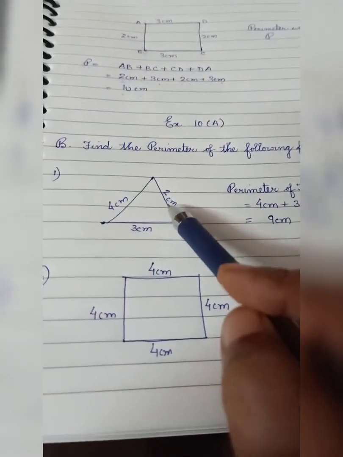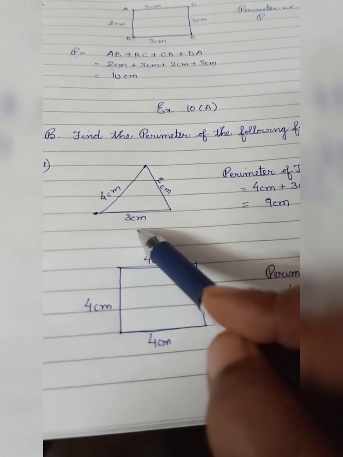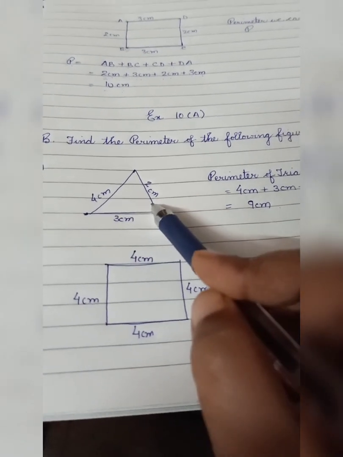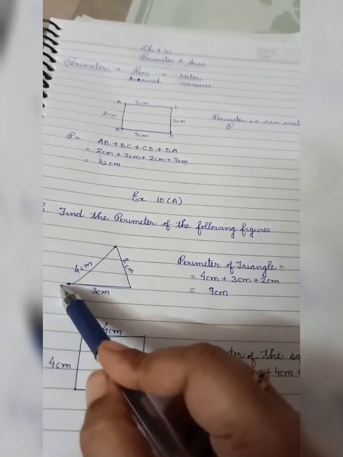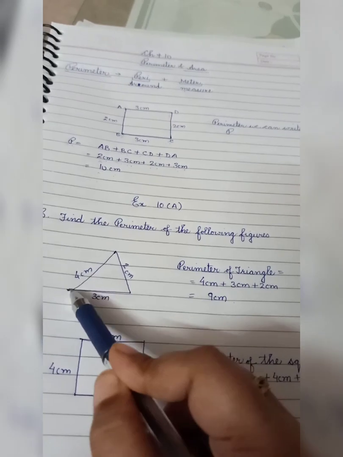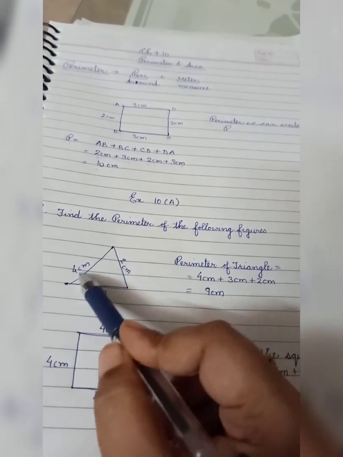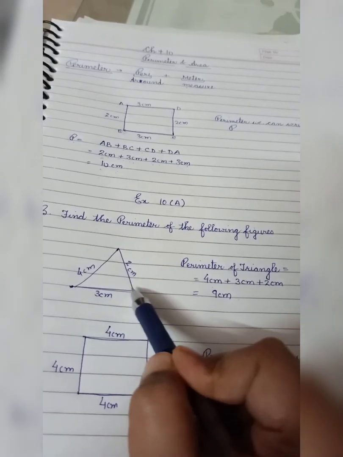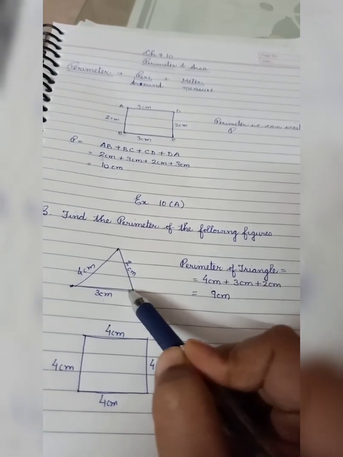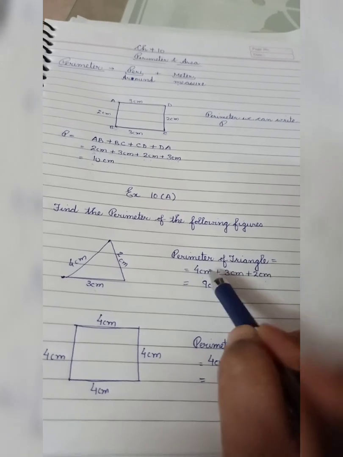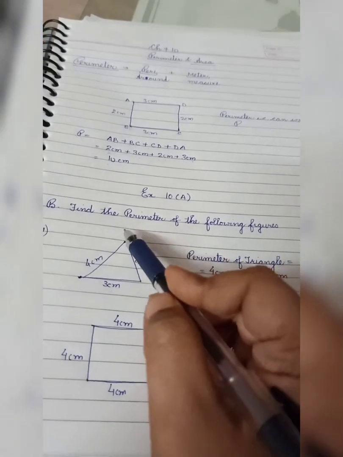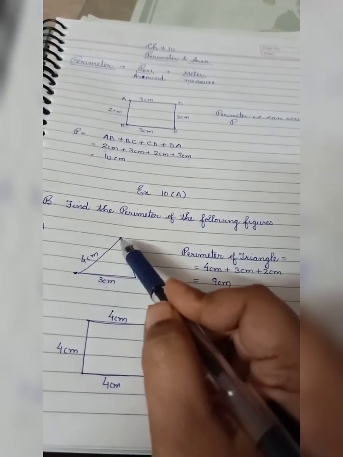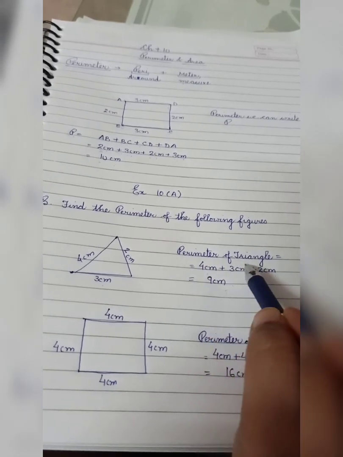So let us see how to do. So now we have drawn a figure. In your fair notebook also you have to draw a figure like this. Write the length given. Then you have to write this way: perimeter of triangle. First this side we will take, then this side plus this side. So this side is 4 centimeter plus 3 centimeter plus this side is 2 centimeter. So what is the total? 4 plus 3 is 7. 7 plus 2 is 9. 9 centimeter. So the total length around this surface is 9 centimeter. So what is the perimeter of this triangle?